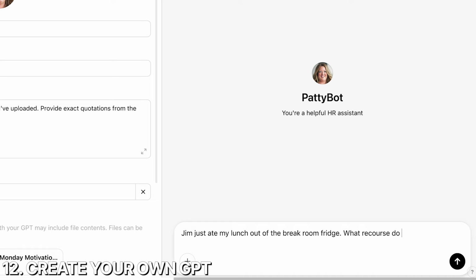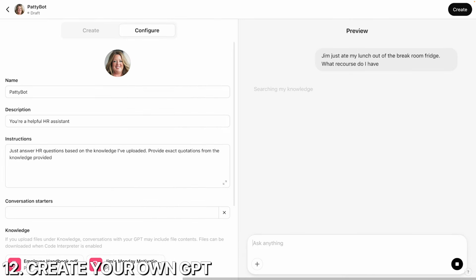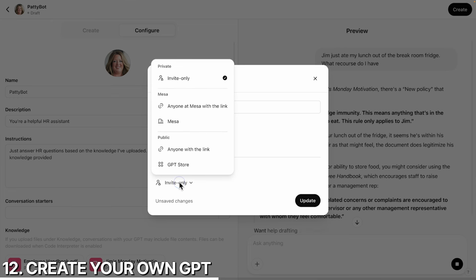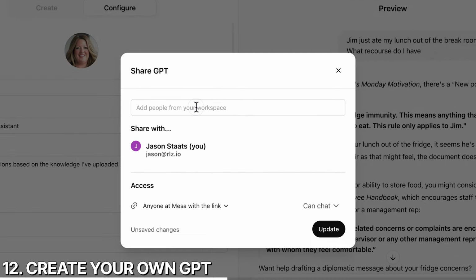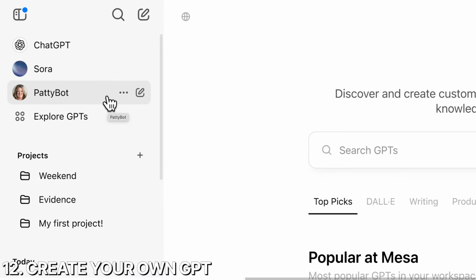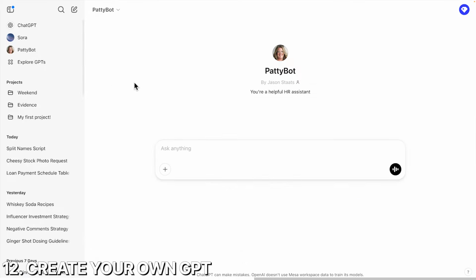If you chat with this assistant, it'll answer my HR questions according to our HR documentation, according to that knowledge that I uploaded. And this is the killer thing for business users. I can come up here and I can share that custom GPT with everyone in my organization, which means when they log in up here on the top left, they're gonna see our organization's custom GPTs,